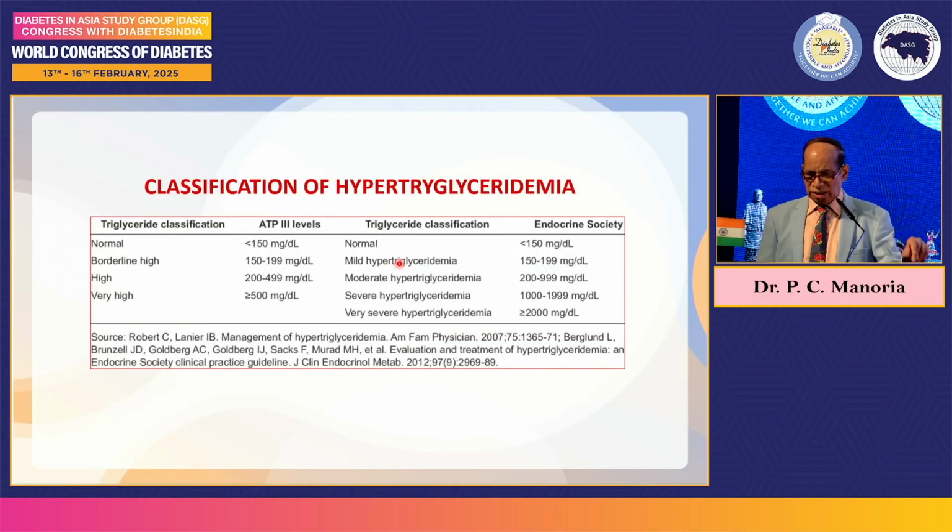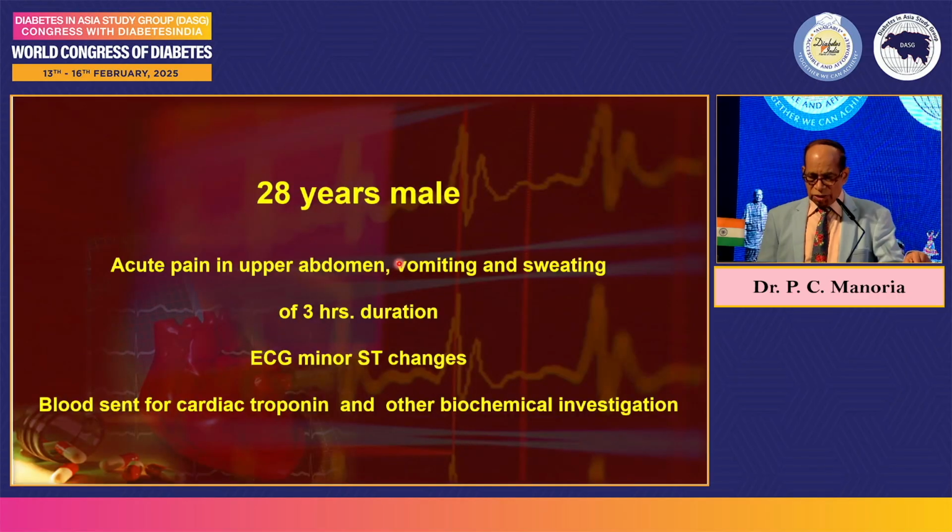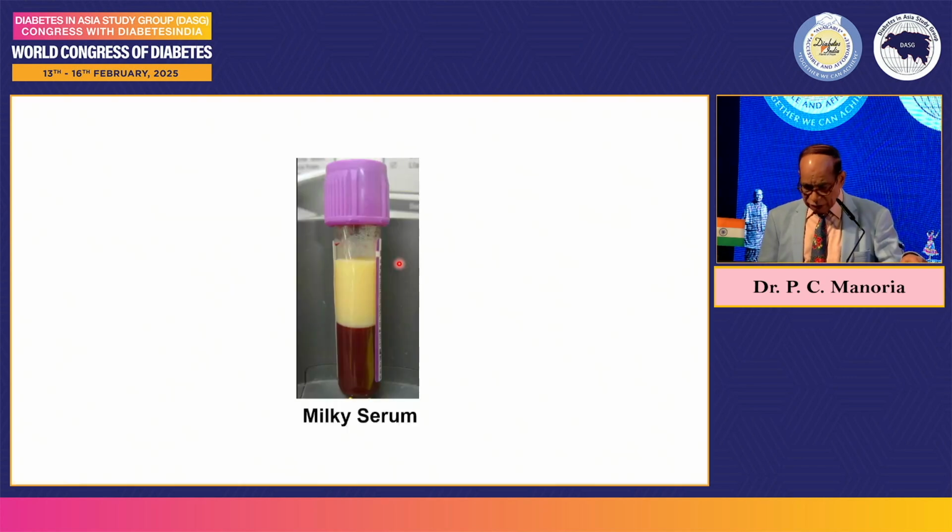This is the classification of triglycerides, you can see. So now let's look at a case. This is a 28 years old male, acute pain in the upper abdomen, vomiting, sweating of 3 hours duration, some minor ST changes, and was referred as a suspected case of inferior myocardial infarction. The blood was sent for cardiac troponin and other biochemical investigations, and the pathologist technician came to us that this